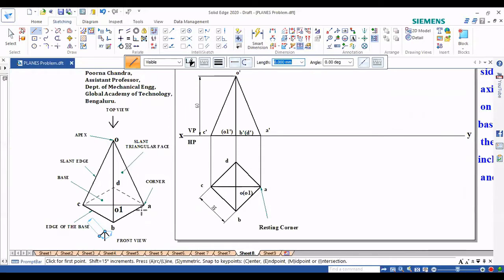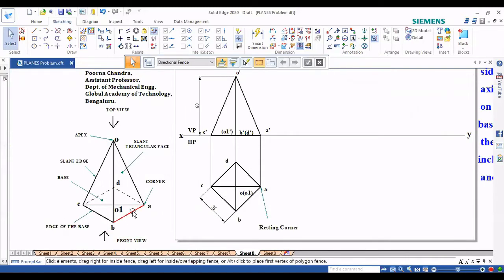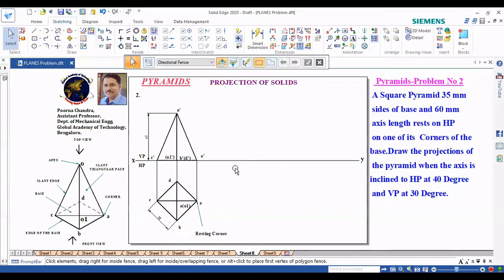Okay. So this is what the front view. So watch from front, you are able to watch this as a triangle. AC and O. AC and O, right? So the first position is done. Now second position, he has asked us is HP is first position, second position should be HP only. HP, VP. So HP, what I need to do now, it is axis inclined to HP at 40